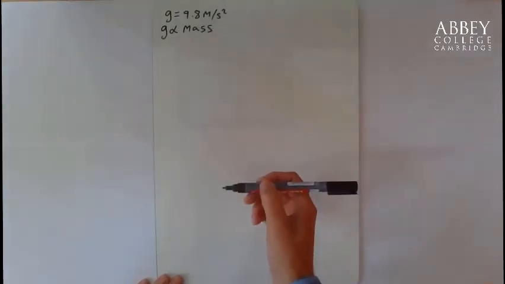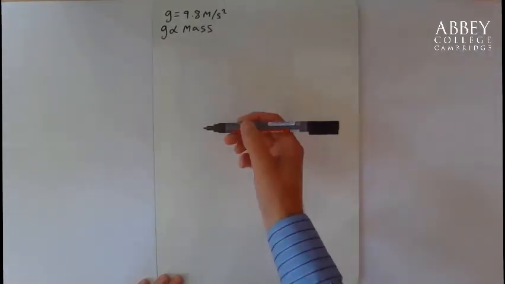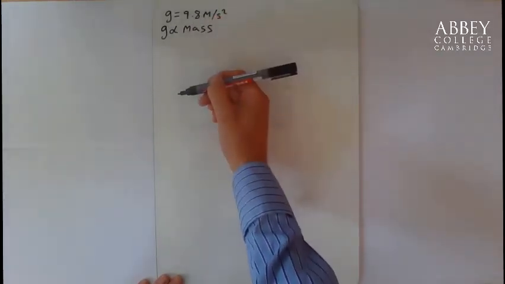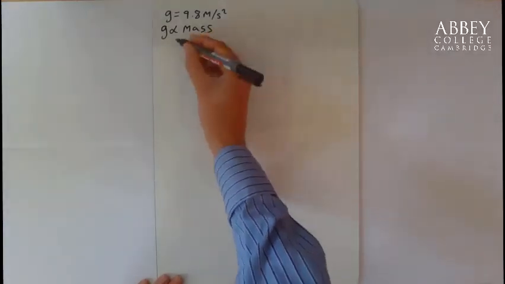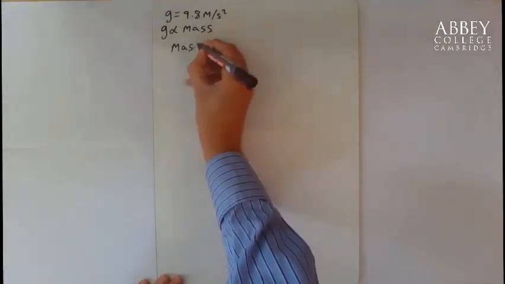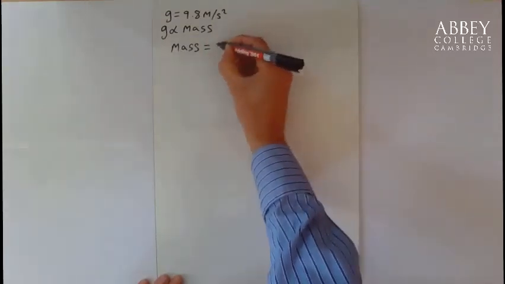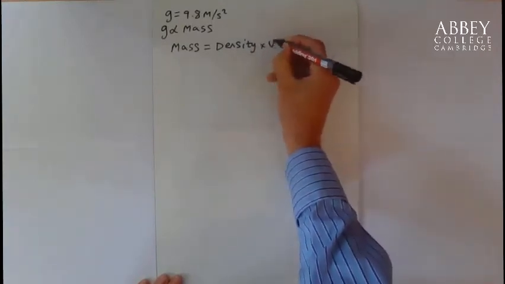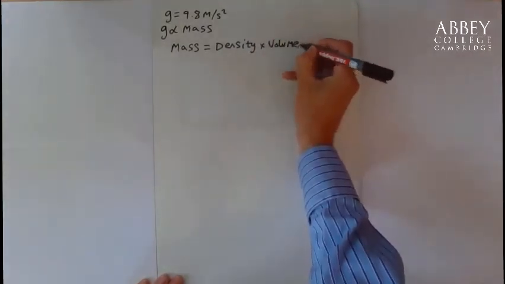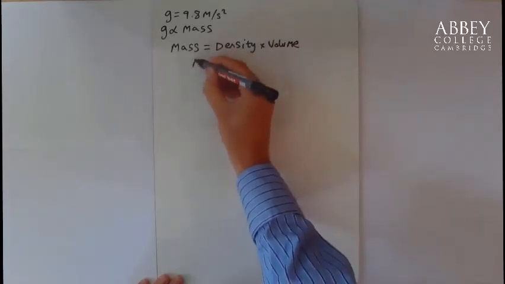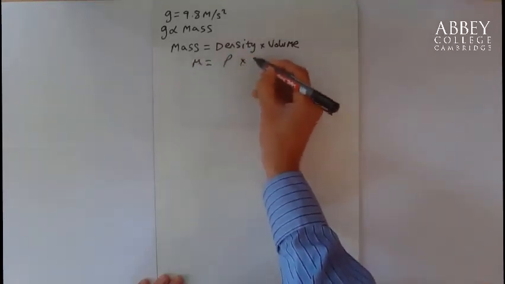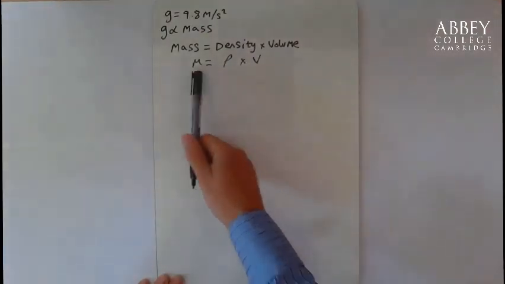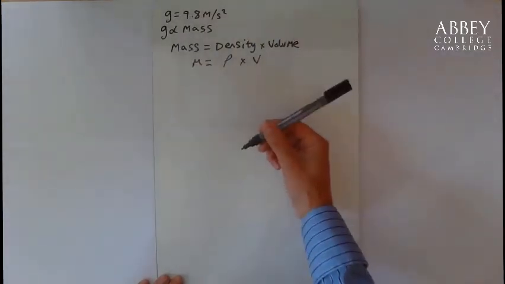This meant that he could do an experiment and test any calculation for mass against this value of G that he knew to be accurate. And mass can be calculated by multiplying density and volume together. And that means he only has to find these two things in order to calculate the mass of the Earth. And then he can test how accurate it is against G.